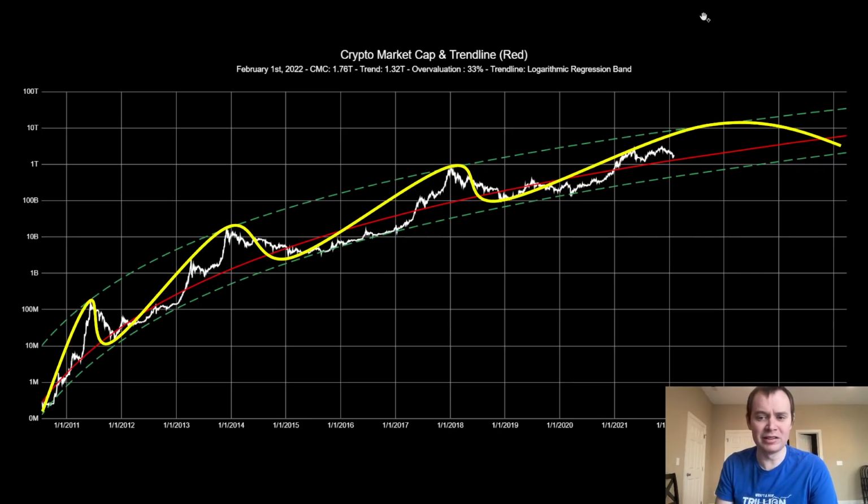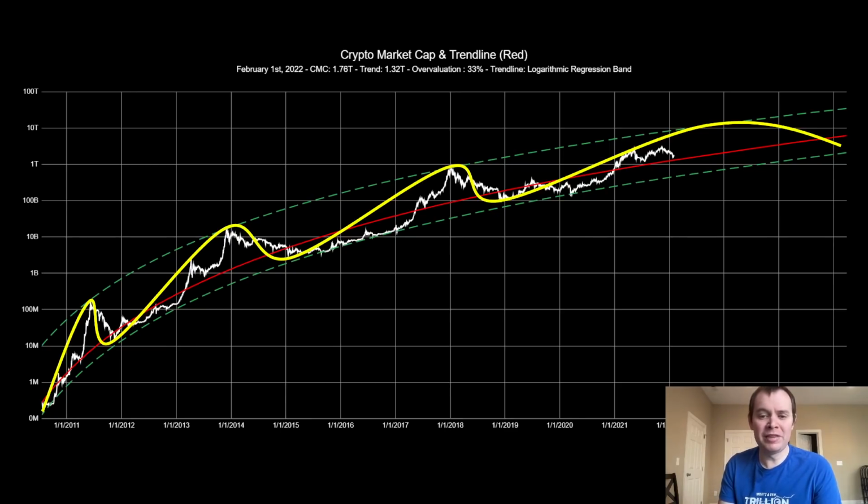So one of the things I've looked at before is the idea that every cycle seems to take longer than the prior cycle. And I understand there's a lot of people now calling for Bitcoin to go back to 10K. If you're curious why they're calling for 10 to 13K, I've seen a lot of people call for that. One thing I've found is to try to figure out why they're calling for that. Well, they're calling for it because they're basically assuming that Bitcoin has to drop 80% from $69,000.